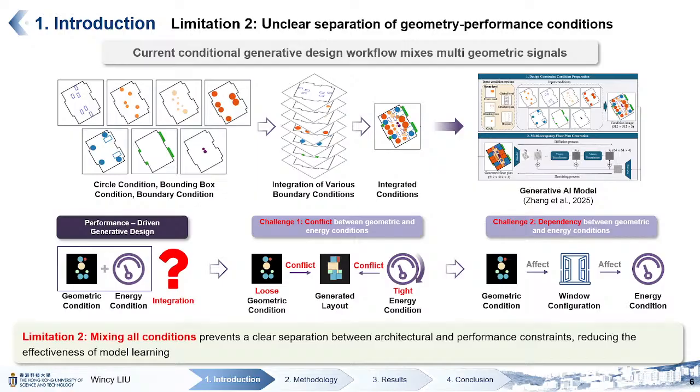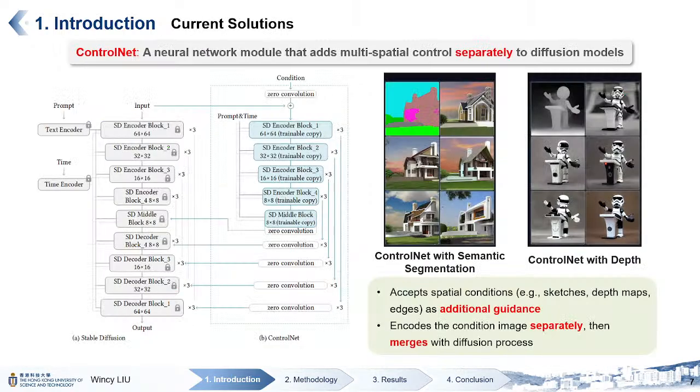And another issue is that they are not independent, because the geometric condition may affect the energy performance. So how can we separate the 2 conditions in our generation and use the efficient diffusion model to replace the traditional workflow? Here is some